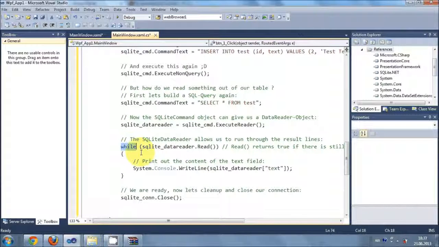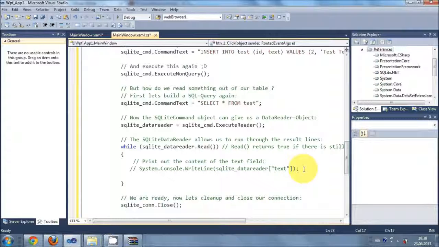In that code there is a while loop with the argument SQLite_datareader.Read, and in here they have provided this code. Instead of this code, I will comment this out here, and I will declare a string variable